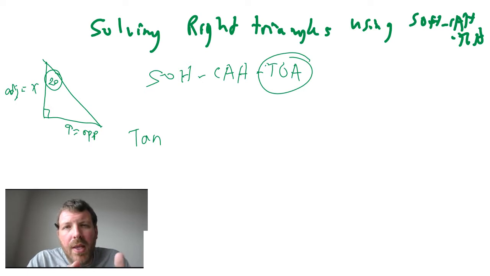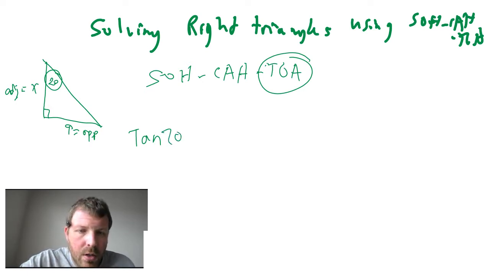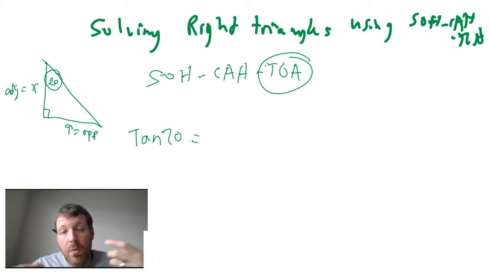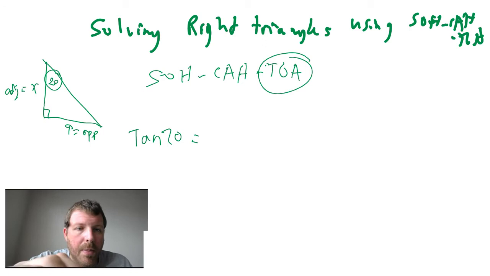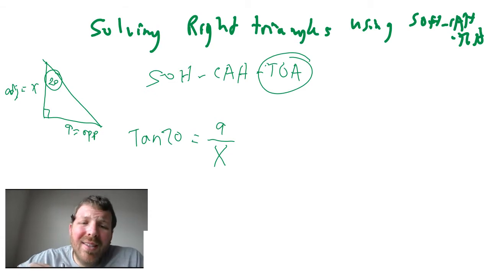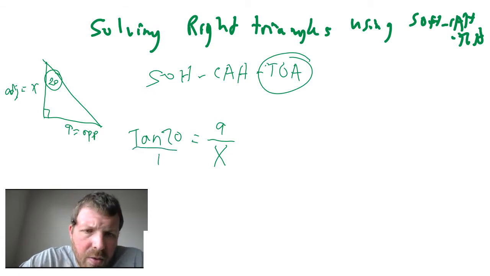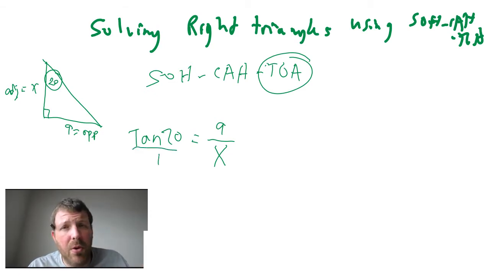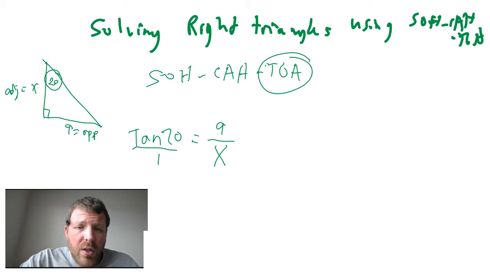And then remember, we put the angle beside. So what was the angle? 20 equals the ratio. So the ratio, again, is opposite over the adjacent. So the opposite of 20 is 9 over x. Now, the tangent of 20 is just a number, okay? And remember, we've got to make sure our calculator is in degree mode or we're not going to get the right answer. So I can place this thing over a 1, and now it becomes this little cross multiplication thing,